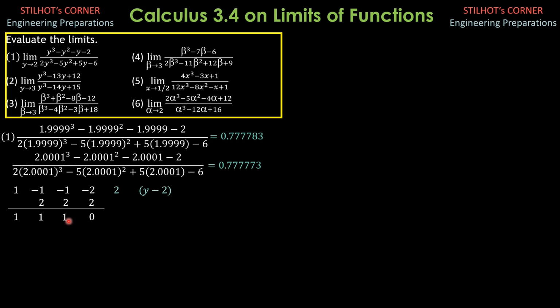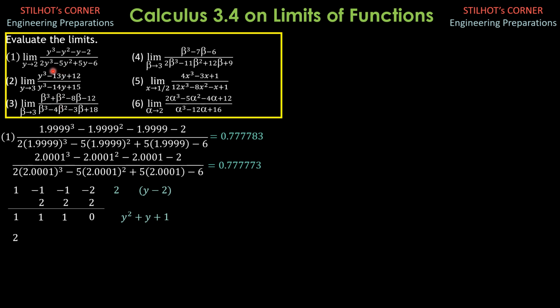The remaining coefficients mean that, after getting one root, this reduces to second degree. So this is y squared plus 1y plus 1. That's the meaning of that. Then this is no longer approaching 0 when y approaches 2. So even if we can factor this, we just leave it that way because this does not approach 0 anymore. So 2 squared plus 2 plus 1 is not 0.